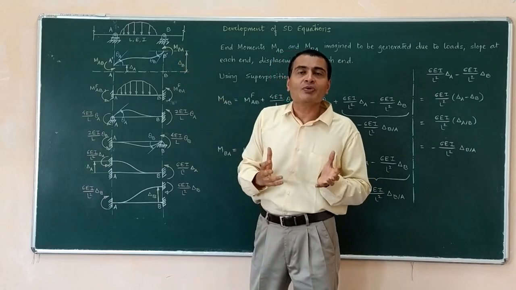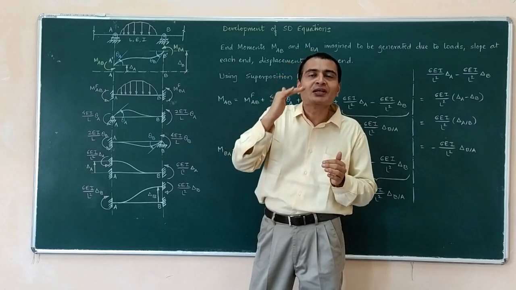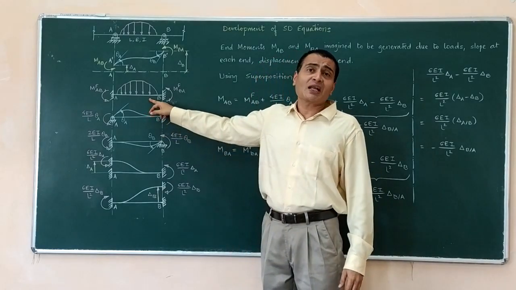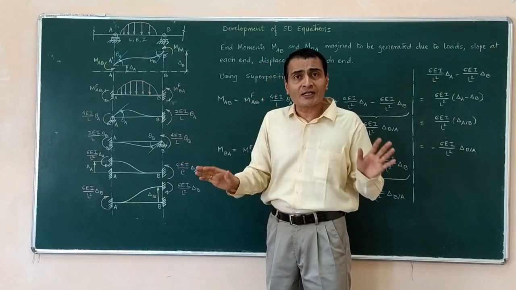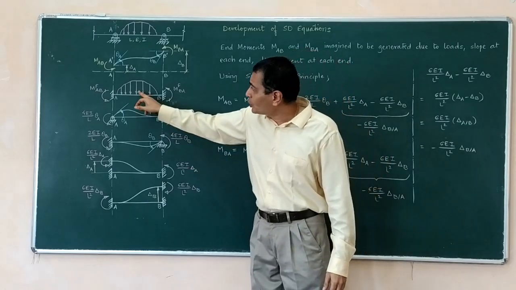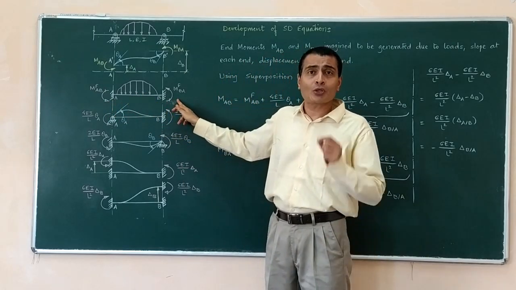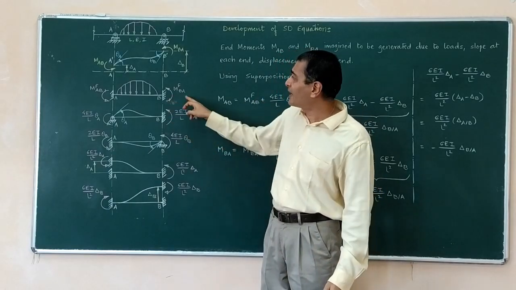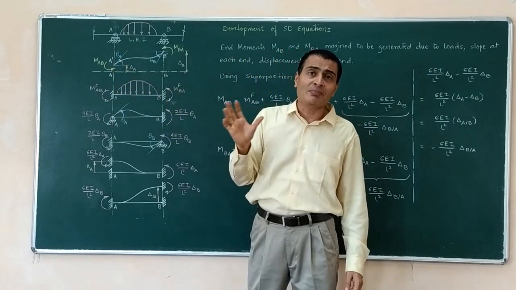And then what we are doing, we are just segregating, sorting out and representing each effect one by one separately. For example, observe the first diagram after that, where I am showing fixity, that means there is neither slope nor any deflection. I am just focused upon the effect of loads. So these are the loads because of which end moments have been generated, theoretically both shown anti-clockwise, and I am calling them fixed end moments, MF of AB and MF of BA. So this is one contributing factor to the end moment M of AB.